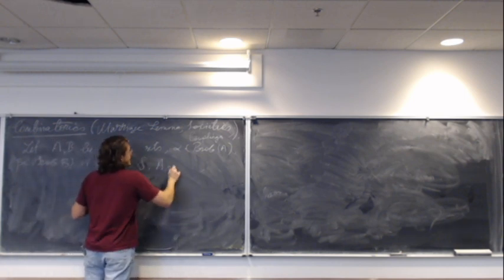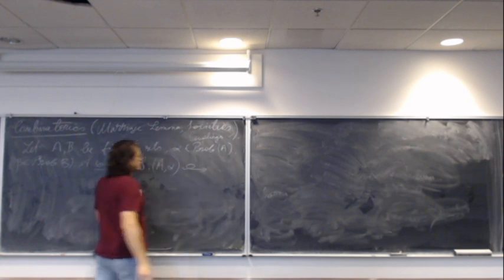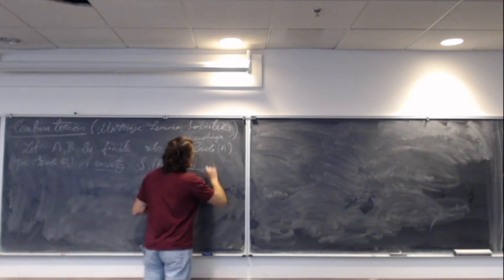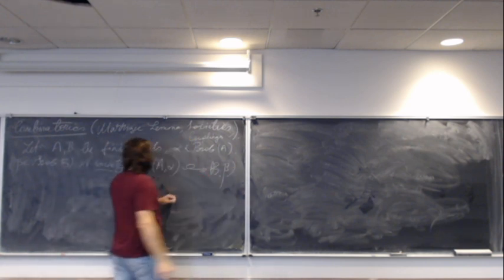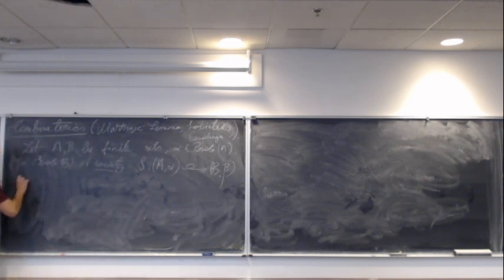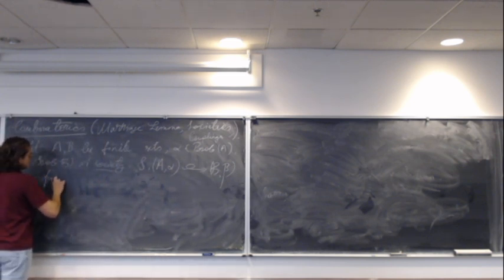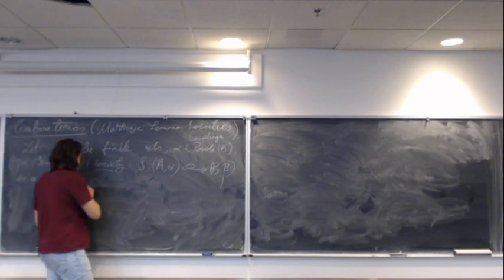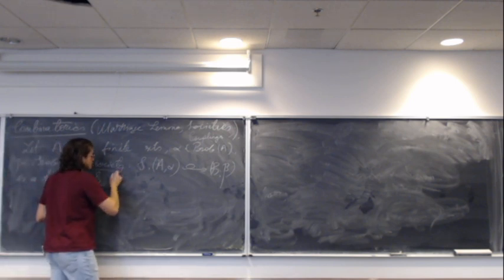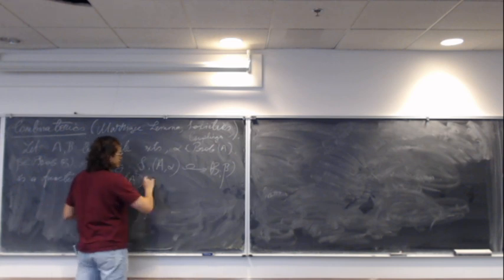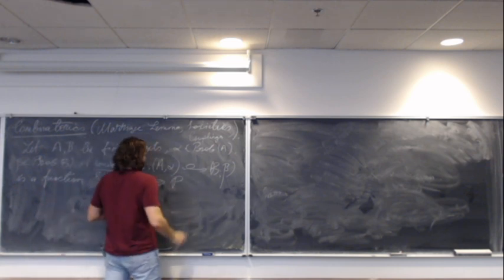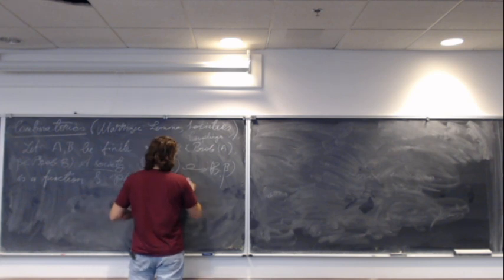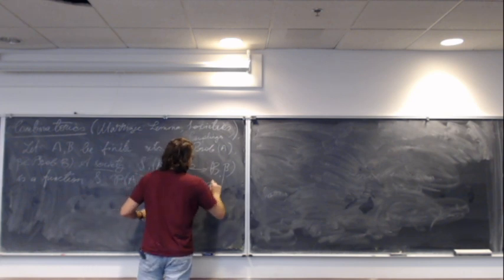S from (A, alpha) to (B, beta), with a curly arrow, is a function between the power sets, so collections of subsets, is a function such that